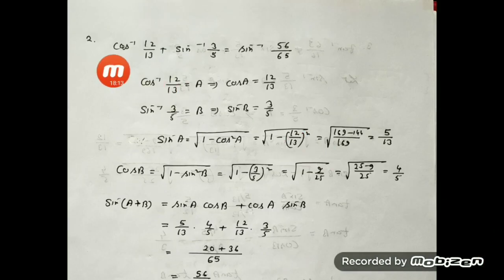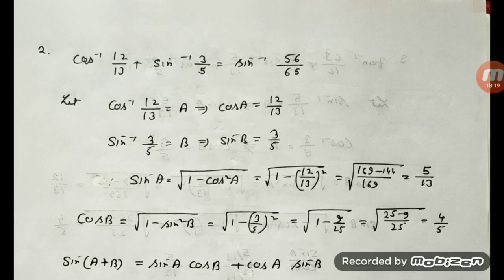Now you see in this question, cos, sin and the answer is required in terms of sin. Little bit different. Here the given terms are different. You are naming this as A and this as B. It becomes A plus B. Since the answer is required in terms of sin inverse, so you take the formula of sin. Got it? Okay. So I name it as A. This becomes cos A is equal to 12 by 13. Sin inverse of B, 3 by 5.